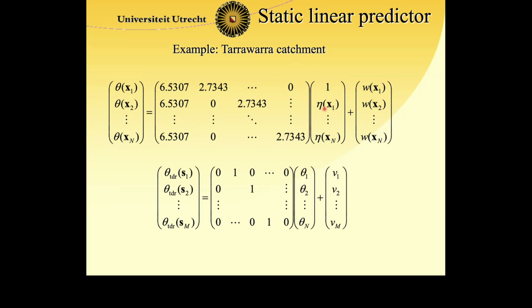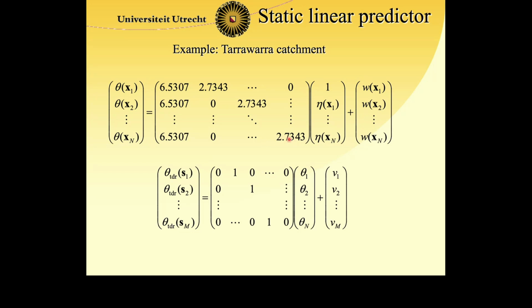The topographic index map gives me the topographic index at n locations, and of course we also have this intercept. This is the U matrix, this is the A matrix, and this is the vector of noises. The U vector has a 1, and then all the topographic indices, and then we just have the parameters of the